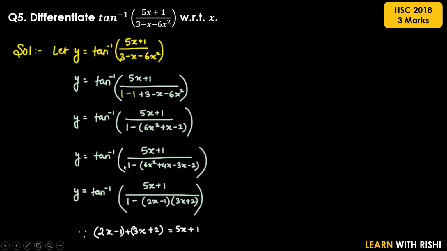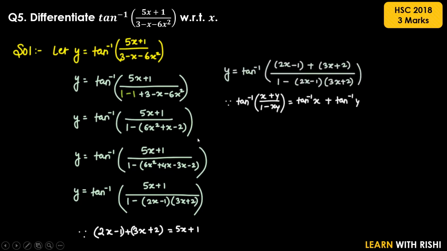So 5x plus 1 upon 1 minus 6x square plus 4x minus 3x minus 2. So roots are 2x minus 1 and 3x plus 2. Now, if we add this 2x minus 1 and 3x plus 2, we get the numerator 5x plus 1. So we can write the numerator as (2x minus 1 plus 3x plus 2) upon 1 minus (2x minus 1)